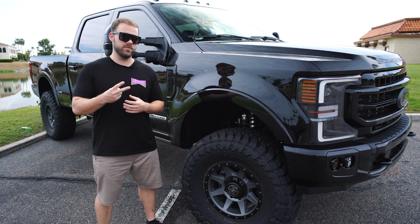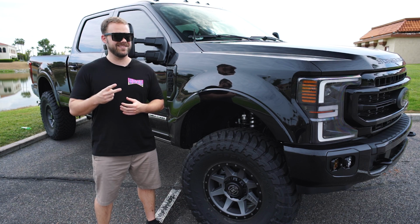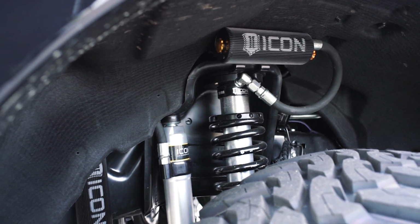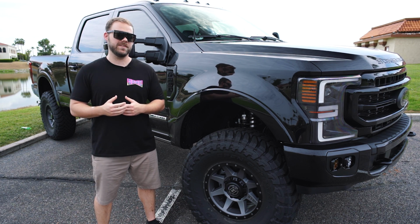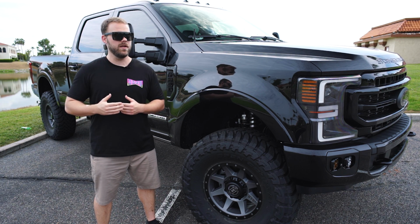So now we've got two 2.5-inch diameter shocks up front. And what's better than two 2.5-inch diameter shocks? Two 2.5-inch diameter shocks with finned reservoirs. This customer opted to upgrade both of his shocks to have those finned resis and keep these things cooler for longer. Now, to even increase the ride quality of that a little bit more, the customer opted to go with